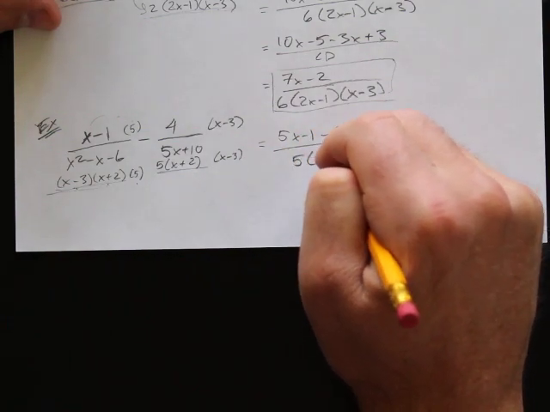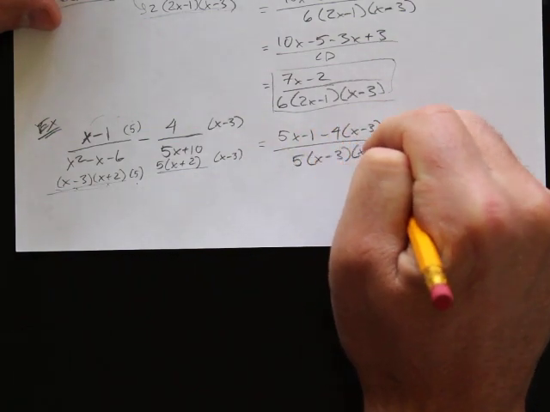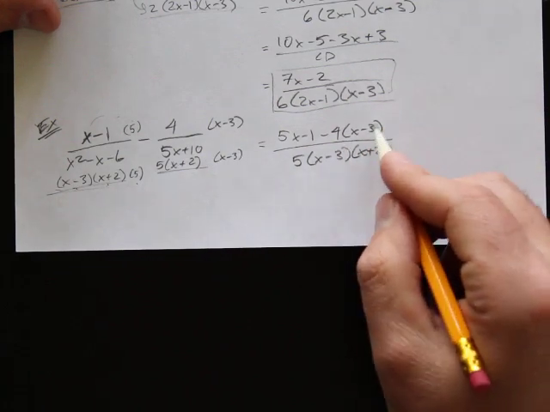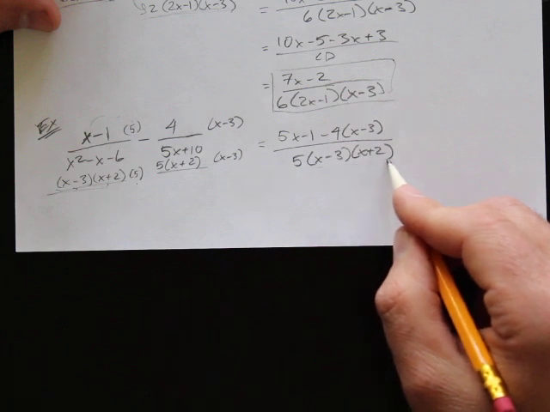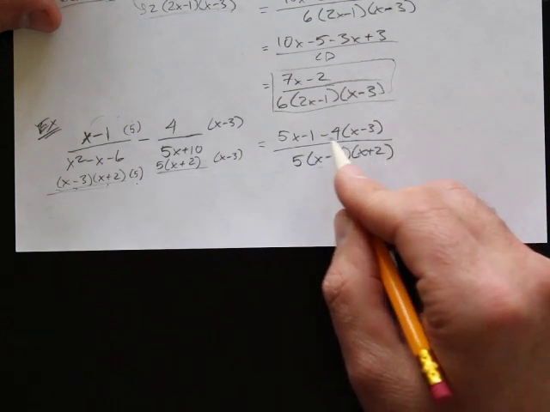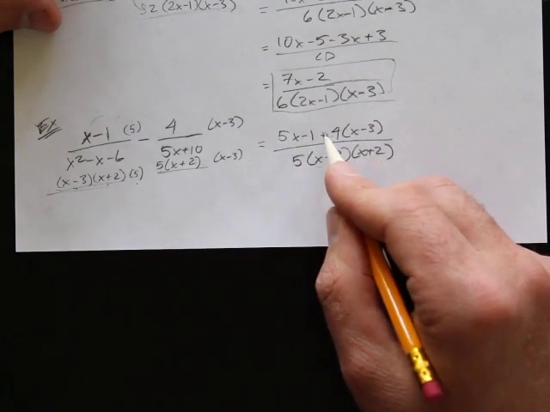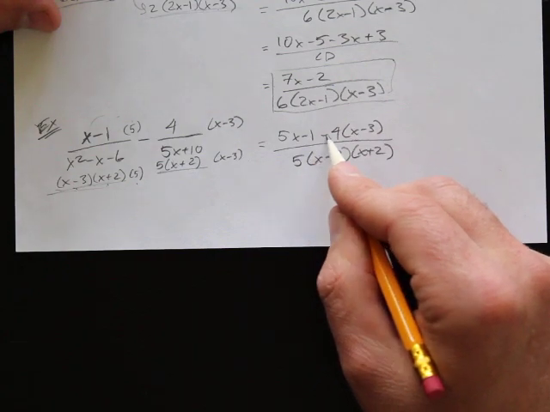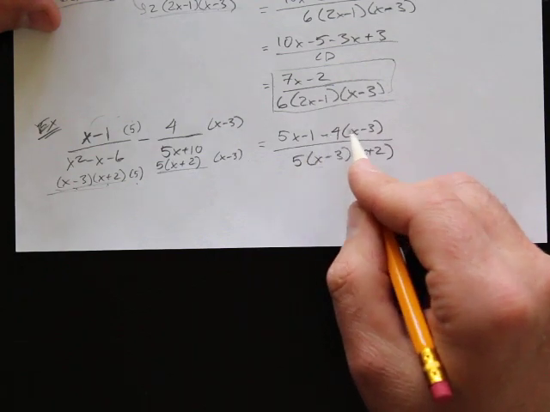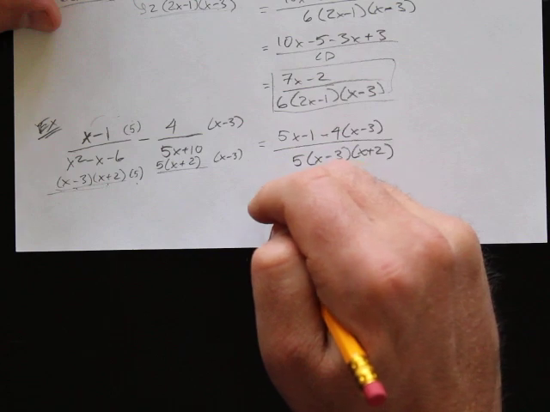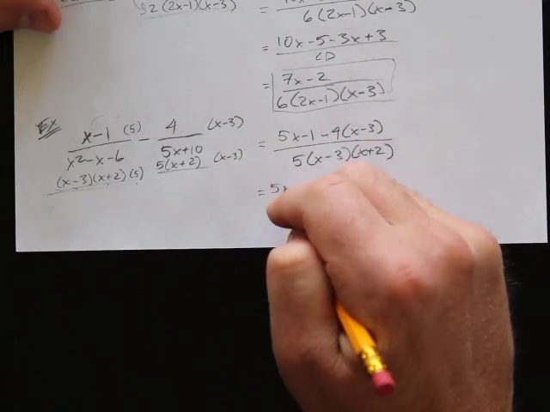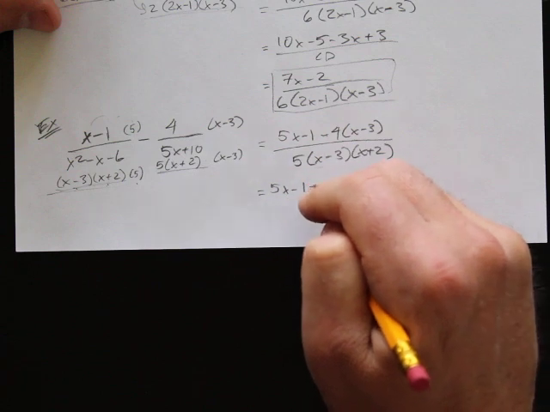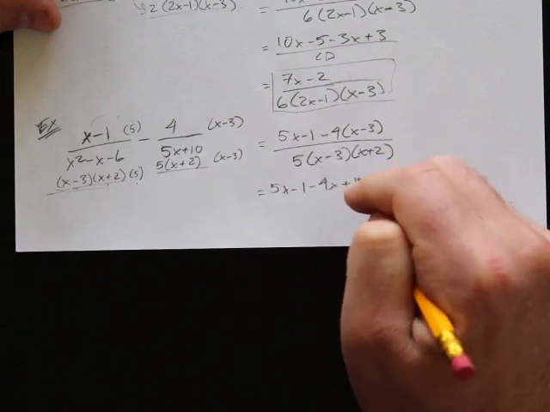I can't cross out these x minus 3's because I've got all of this stuff going on. This is all multiplication down here, so I could do it if this was all multiplication up here, but these subtraction signs are getting in the way. So let's distribute here and see what we have left over. I've got 5x minus 1 minus 4x plus 12